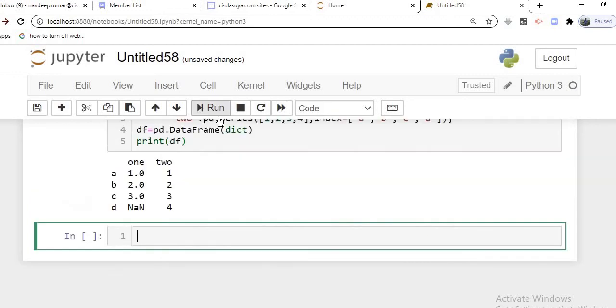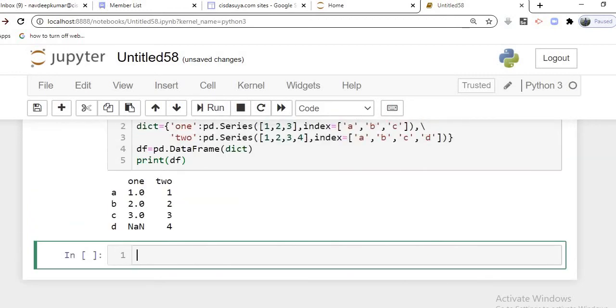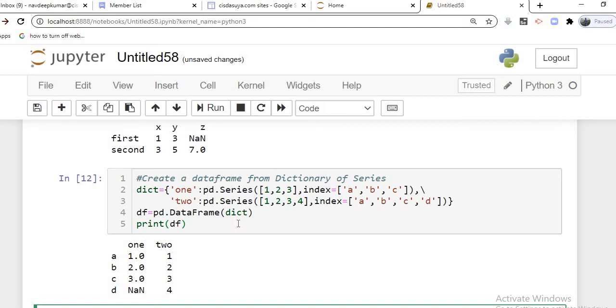And this one, and you see here now both of the dictionaries are one dictionary here, containing two series. Clear? So this is now 1 and 2, they have become the labels, and these are the values 1, 2, 3, because there is no fourth element here. So the fourth element with index D is represented as NaN for the first series, and for the second series, you are able to see the values.